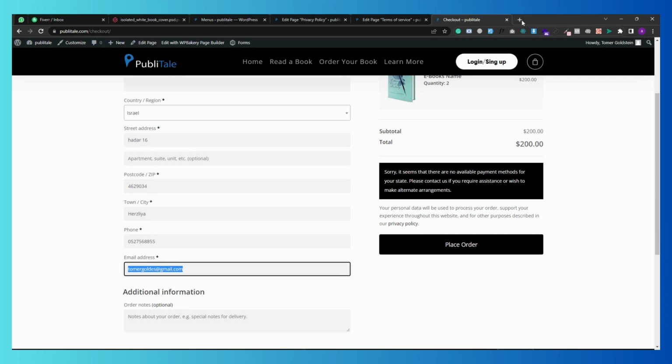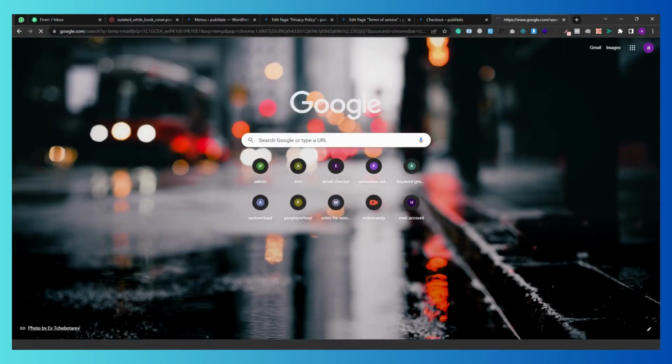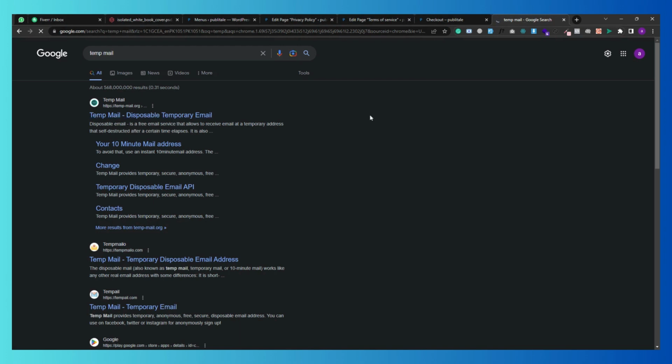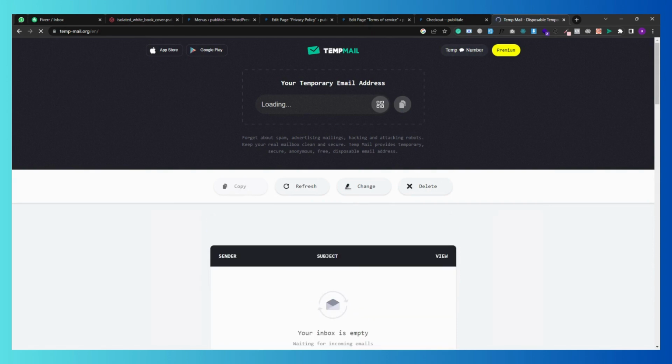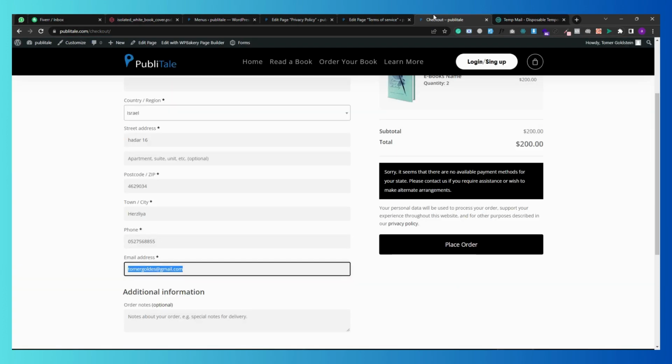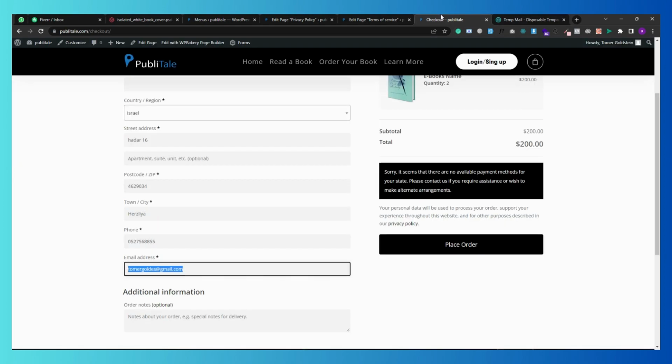Just a moment, I can't edit the email, so I'm using a temporary email, so I can show you how it works. Okay, so now this is the email I'm using right now,